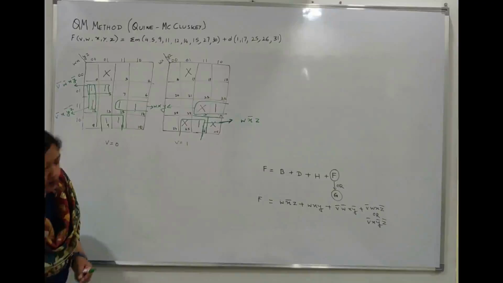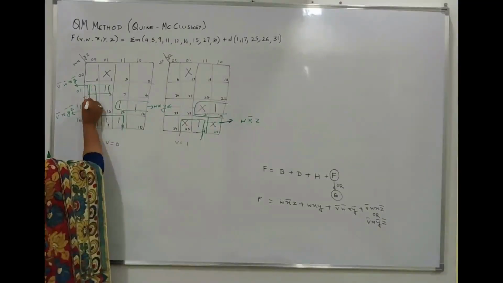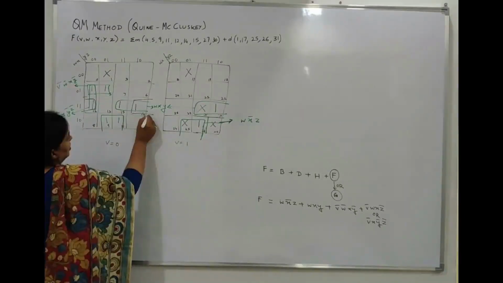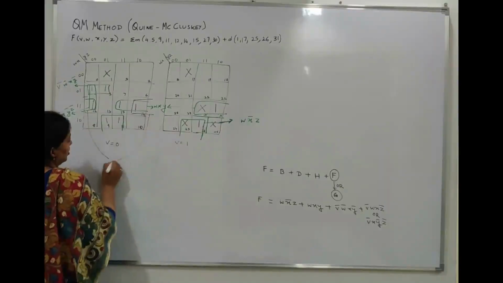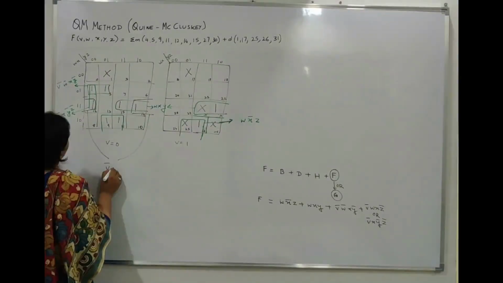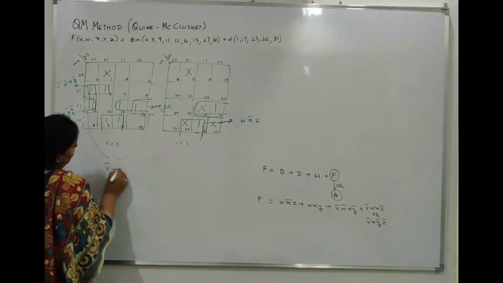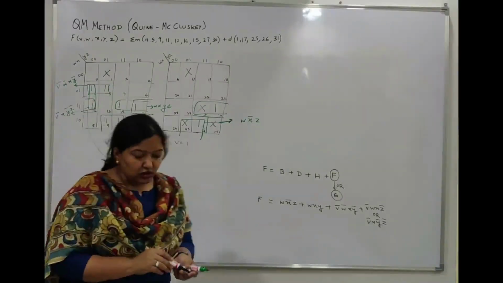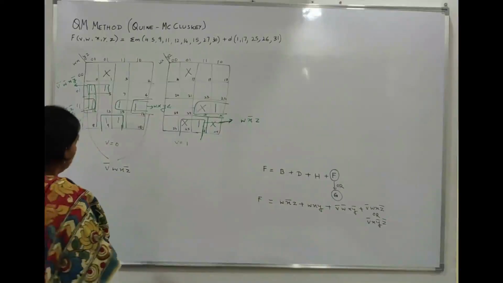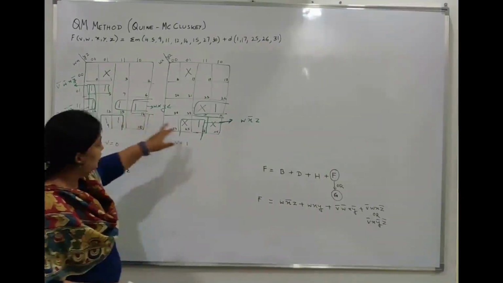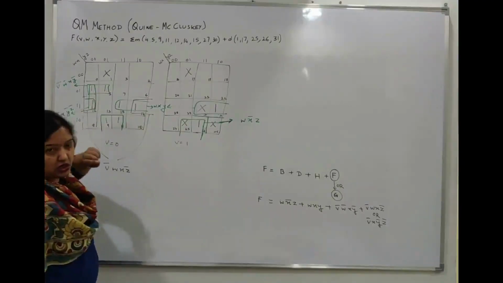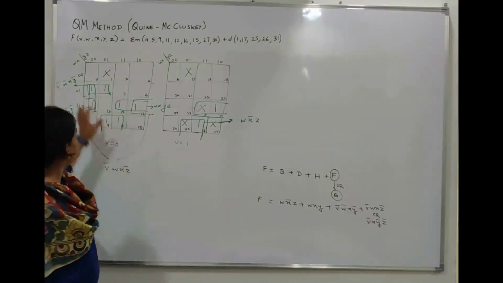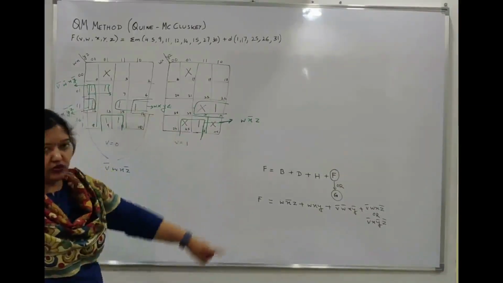Another option is to pair this with this. This will give V bar, Wx and Z. So this is what we are getting. These are compulsory, two quads. This square pairing is also compulsory. This pairing or this pairing, they are optional. Either we can do this pairing or that pairing. So that is what we are getting.